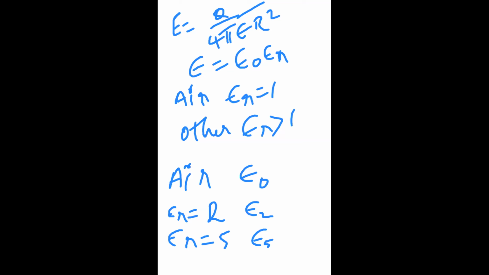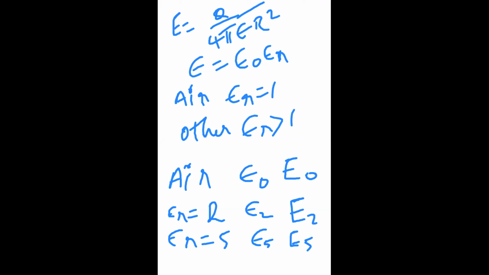Now, please somebody tell me, what happens if I go from this value to this value? Here I am getting some electric field, say that electric field I am denoting as E0. In this case, I am getting an electric field I am denoting as E2. E2 means my relative permittivity of the medium is 2, that is 2 times epsilon naught. Here in this case, it is 5 times epsilon naught. Can anybody tell me what is the order? Which one is greater, E0 or E2 or E5?